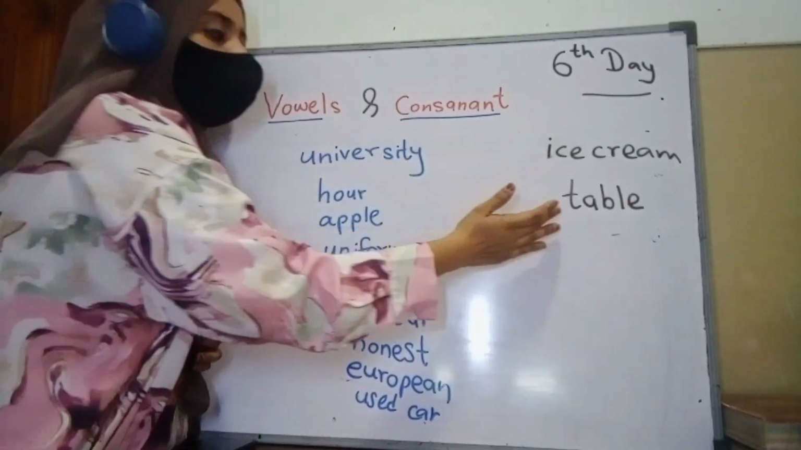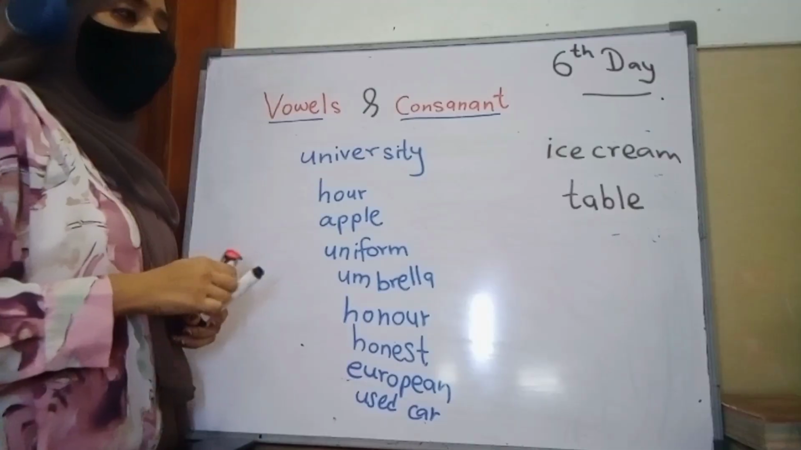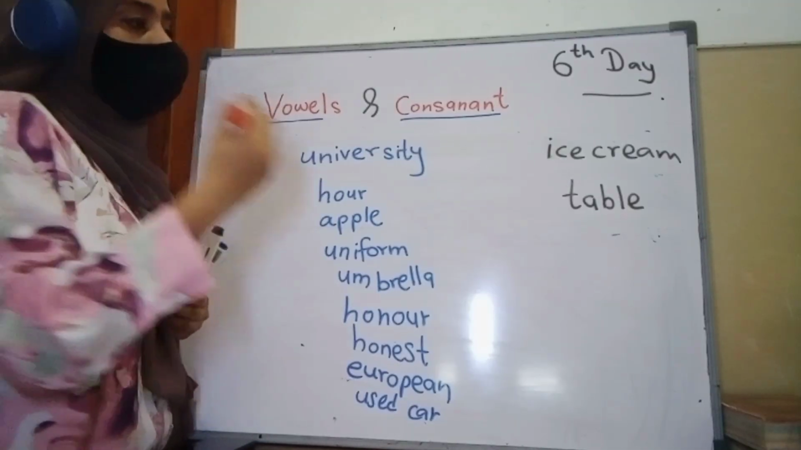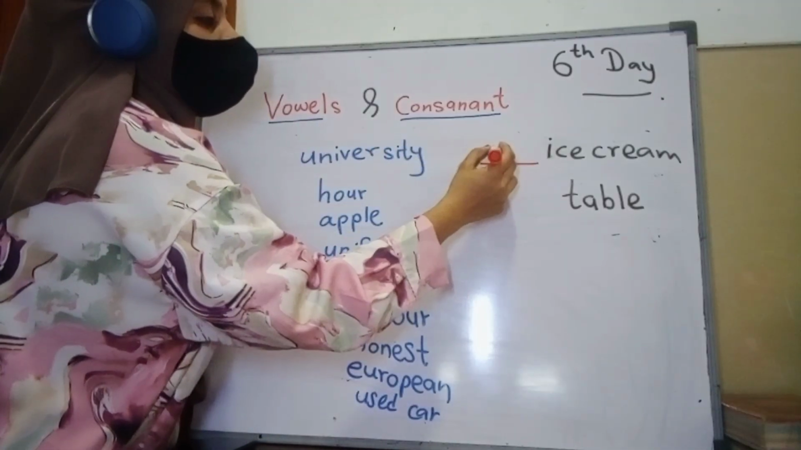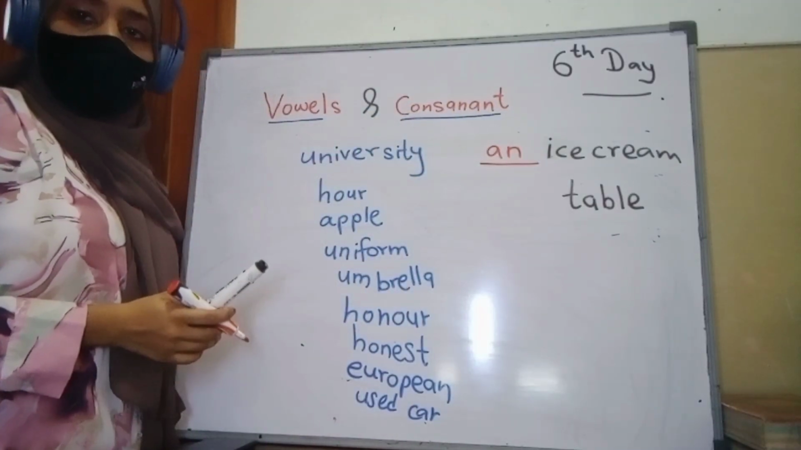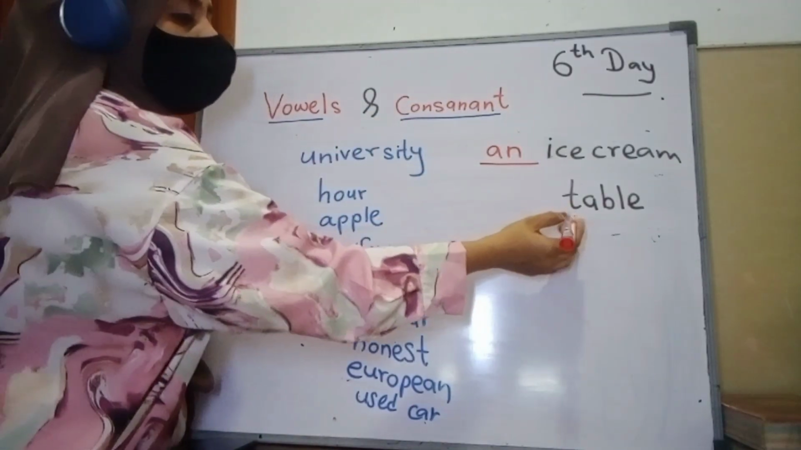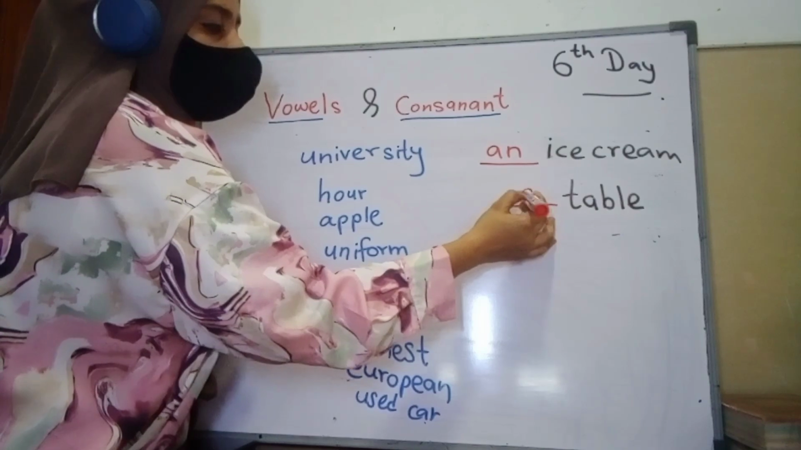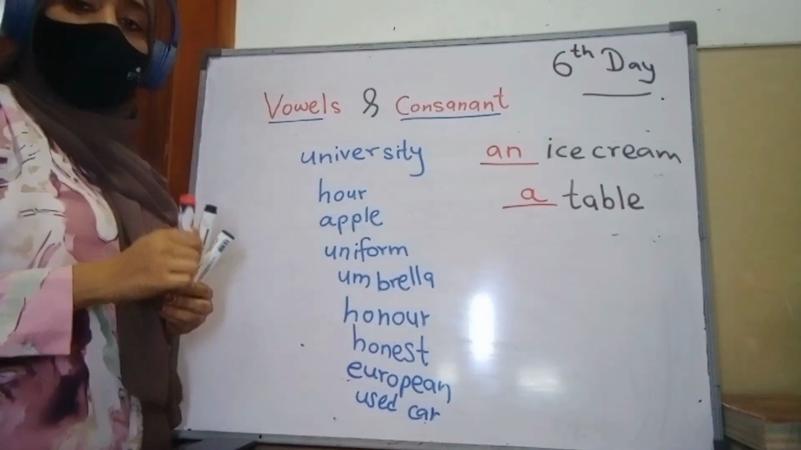Here this word starting with consonant. Before a vowel we have to use the word and, the article an. Before a consonant we have to use a, and a